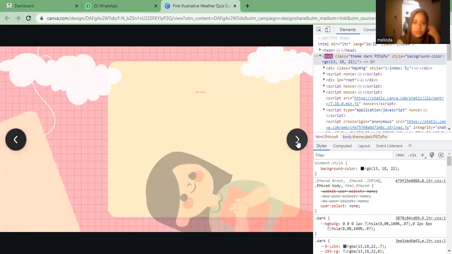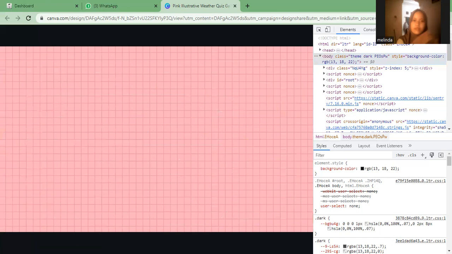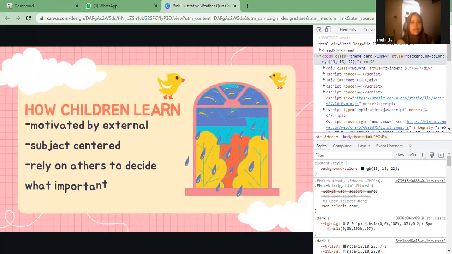Okay, move to the next. It is how children learn. Children learn by being motivated by external factors, being subject centered, and relying on others to decide what is important to learn. And then the last is reward or punishment. The first is motivated by external. For example,